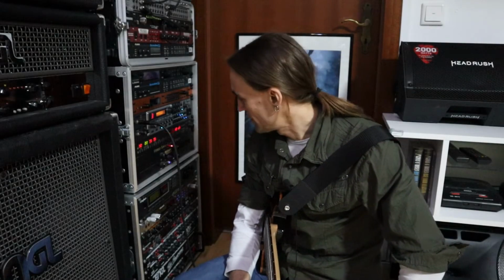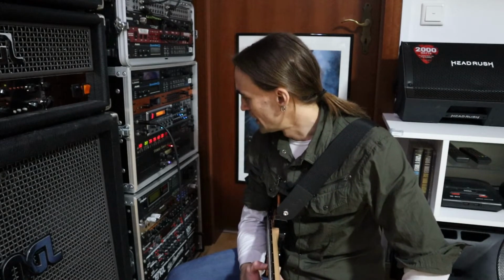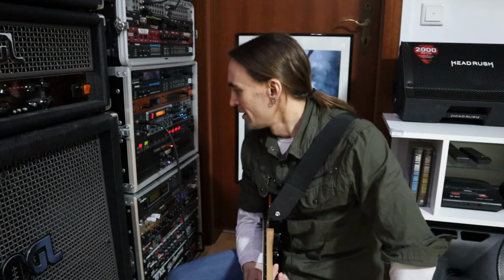The Mesa Triaxis is my favorite tube preamp, and as you may know, it's discontinued, as far as I know at least. And that is a shame. I think it's one of the greatest products, at least in the preamp section, that has been on the market. Of course many pros are playing it, like John Petrucci, and Metallica played it a long time,